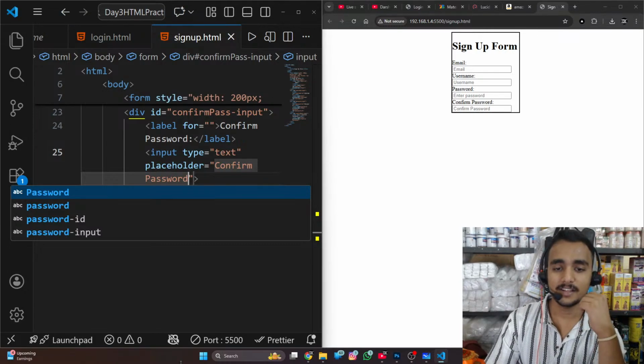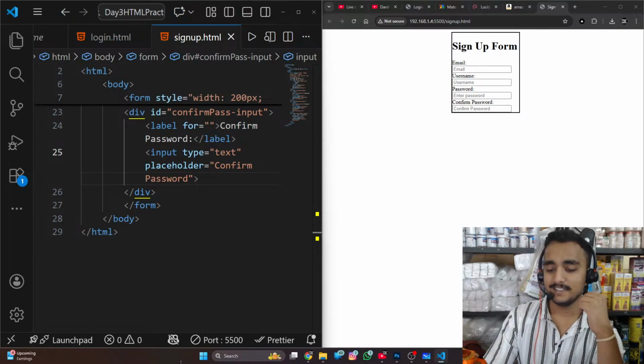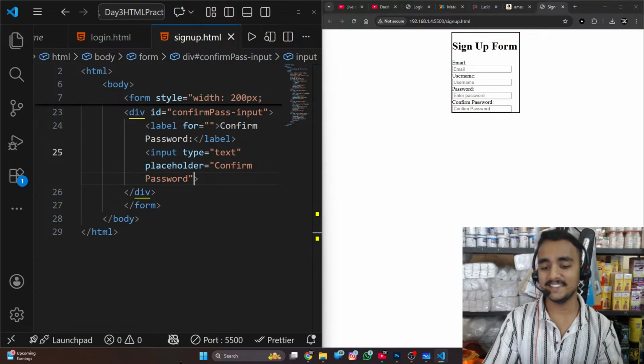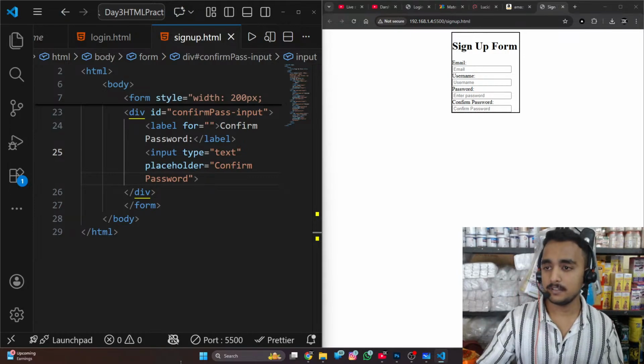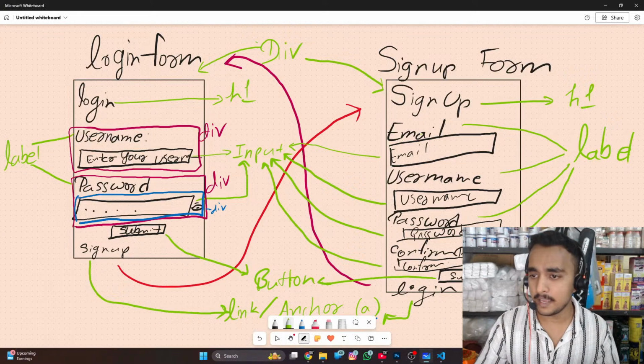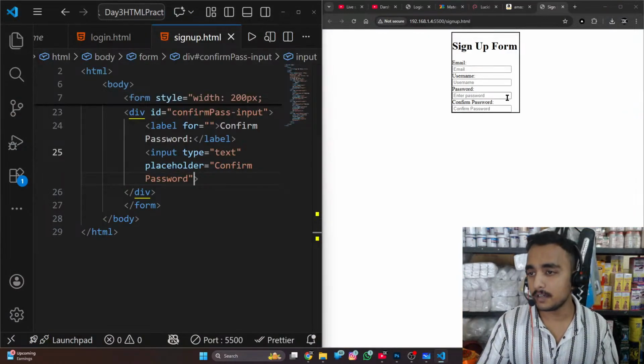Confirm password done. Okay, we can move forward. What else do we need? We have email, we have username, we have password, we have confirm password. Then we should have a submit